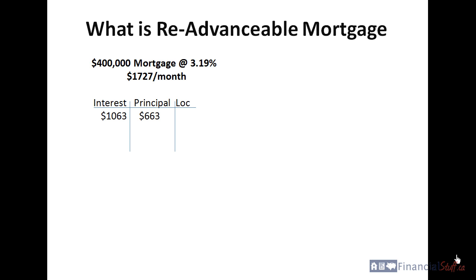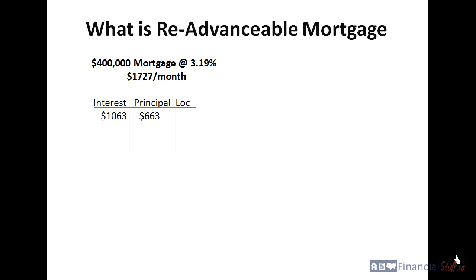So what's a readvanceable mortgage? Well, basically, it's like a mortgage where you pay your interest and principal, but the only difference is whenever you pay down your principal portion, the bank will automatically issue you a line of credit for whatever principal portion that you pay down. So what that would mean is you have the opportunity to pay your interest and principal, but